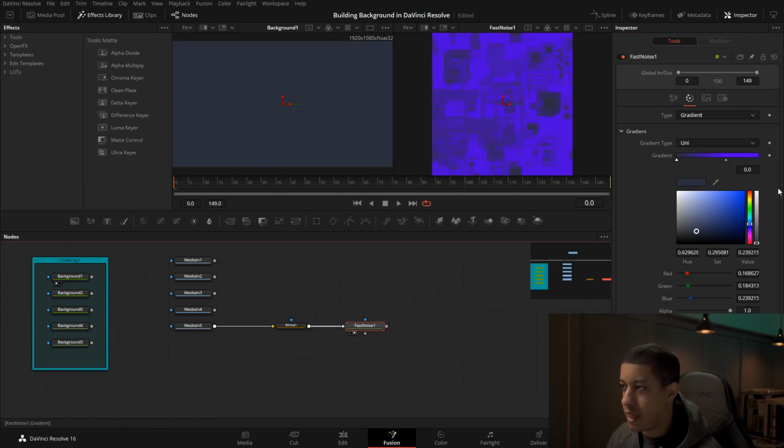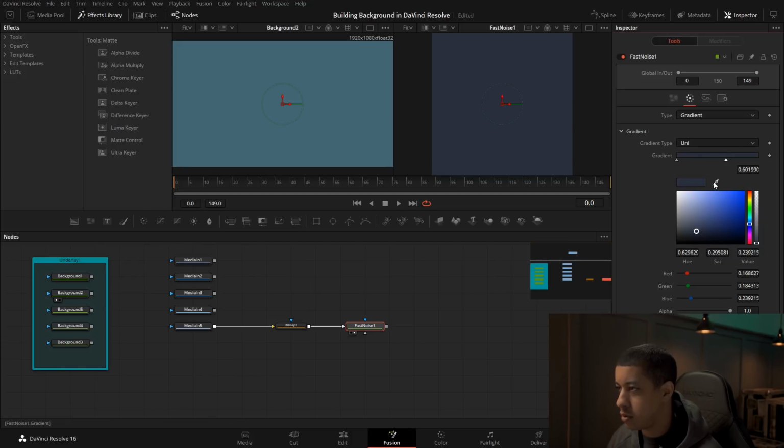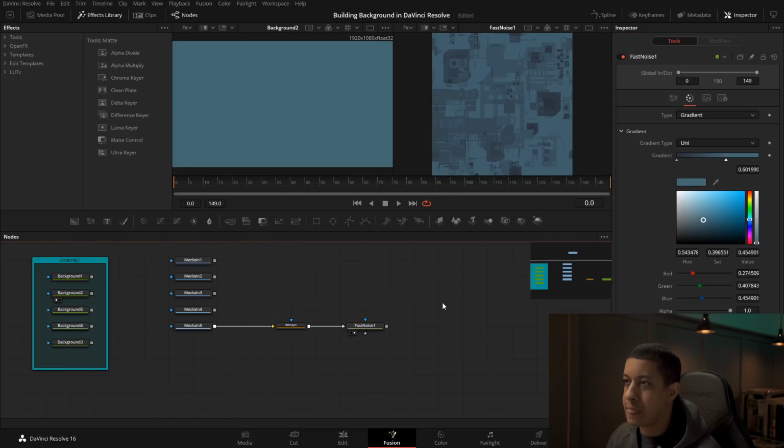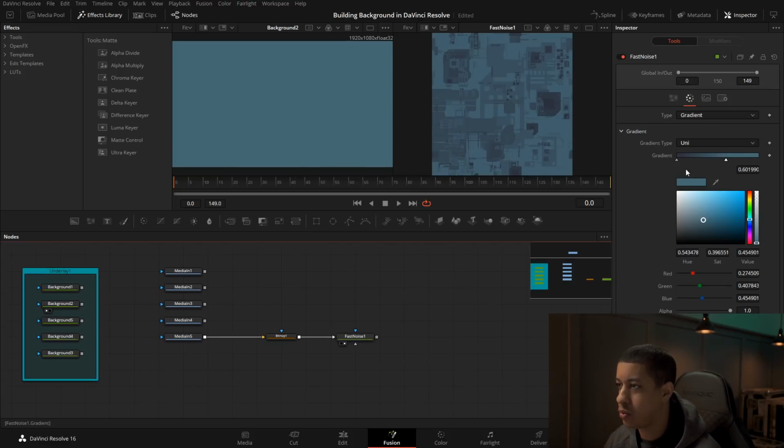And what was the other color? That color. So we can just click here and grab that and go like that. Wait, did I use the same color twice? There we go. So now we have 2 colors. That might be like a good background or something. Not exactly sure what I'd be doing with that, but you can kind of move these around and get different effects that you might want.